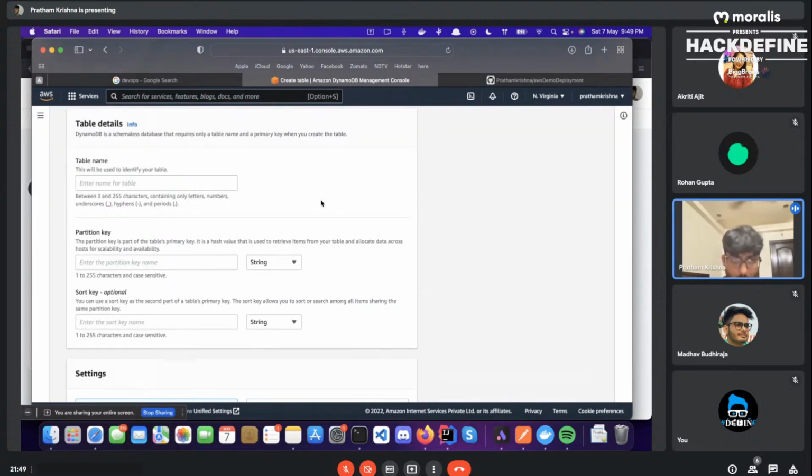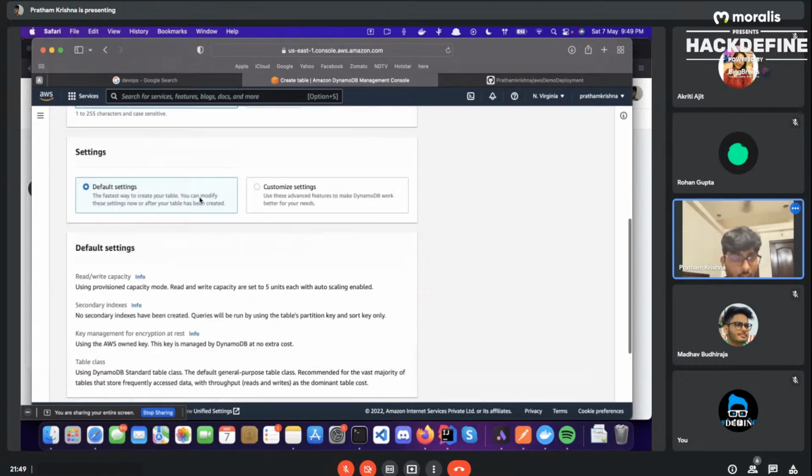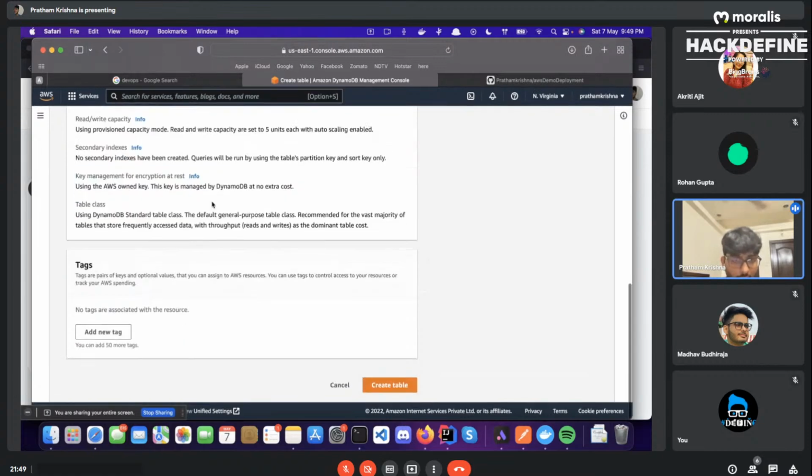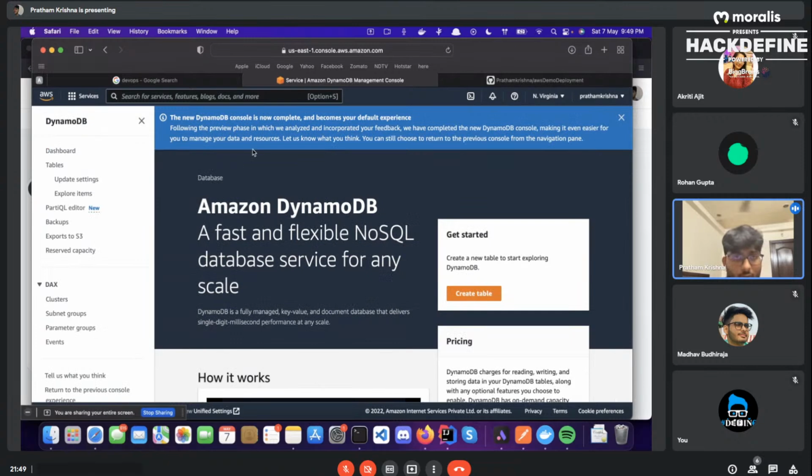To create a table, enter a table name and your partition key, which is like the primary key in SQL. The sort key is what you can call a foreign key in SQL. Default settings, or custom settings, are up to you. You just need all this information to create a table. It is again accessible from your application through the IP address that is provided. So this is about AWS.